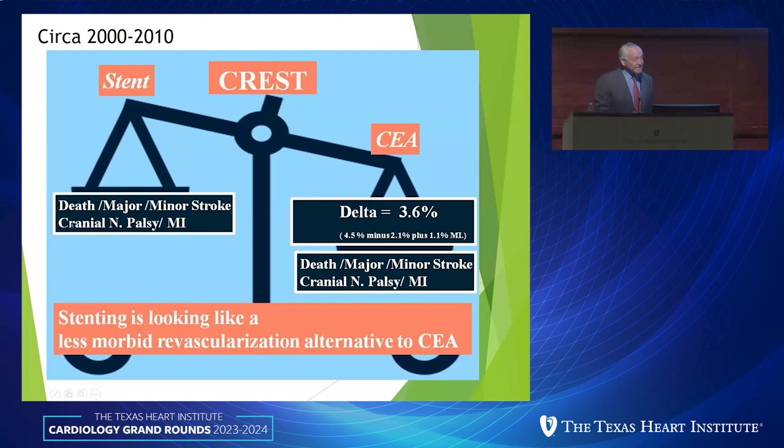Now, if there are any vascular surgeons here, please speak up. The vascular surgeons have said repeatedly that cranial nerve palsies aren't important, so we can't count those. However, now that vascular surgeons are doing transcarotid work and not having any cranial nerve palsies, replacing endarterectomy with transcarotid stenting, all of a sudden the lack of cranial nerve palsy is becoming even more important to them. So I'll stick by my guns here and maintain that even back in 2000, 2010, stenting was a safer,